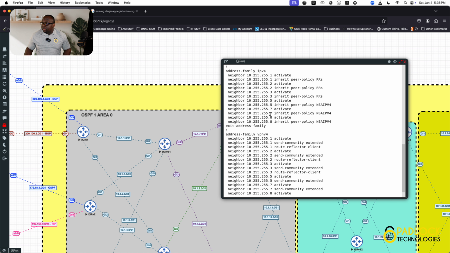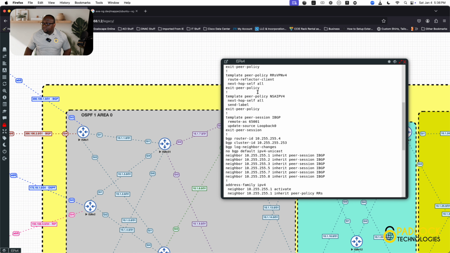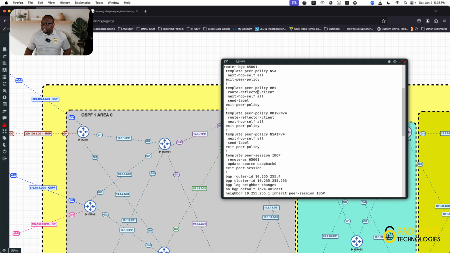And then when we look at router BGP, we're going to see from a configuration standpoint, I use my template pairs, and I created a couple of them just for testing purposes. But the one that you see the most is going to be RRs, and I believe this NSA, which is, I just said next hop self all IPv4. The key commands here are going to be send label. The PEs are going to be route reflector clients, so you're going to have route reflector client, next hop self all, send label. And then going to each of the ASBRs, we're just going to have the next hop self command and send label, because we're going to advertise